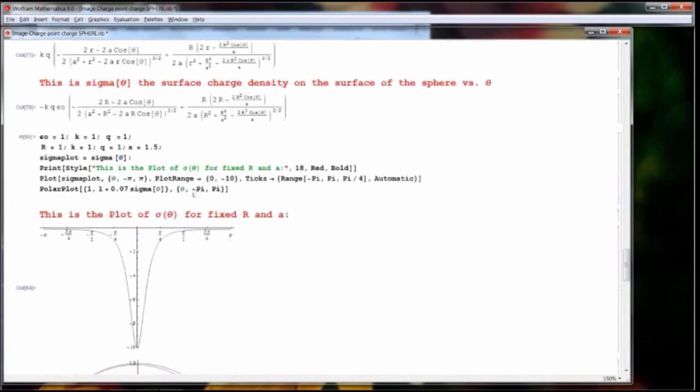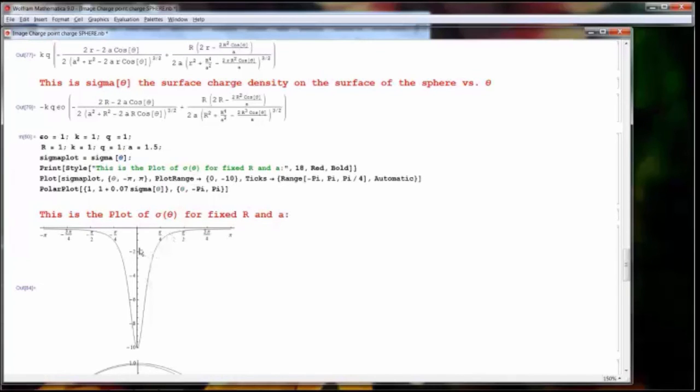I've plotted it from minus pi to pi. Realize theta only goes from 0 to pi. But to go around the whole sphere, I wanted to show you what that looked like. Here we have the plot of sigma of theta as a function of theta. This direction here, this theta here, would be pointing towards the point charge. And so you have lots of charge on the surface here, and then it decays away. Now notice that it's negative. This has to do with the fact that the induced charge on the sphere is, of course, negative in response